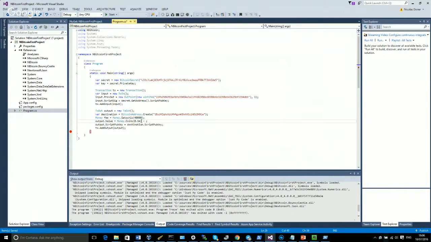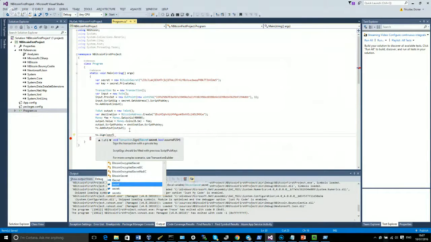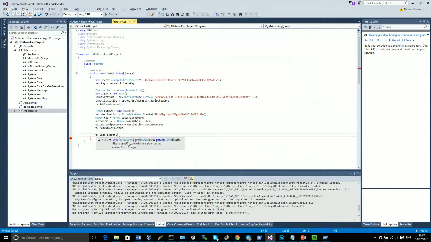So I will send minus the fees. And now the only thing I need to do is to sign my transaction with my private key. Okay. So now if I run it,